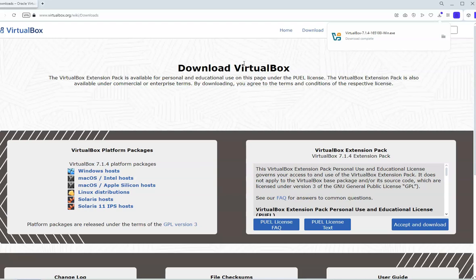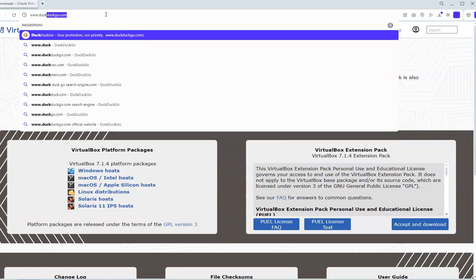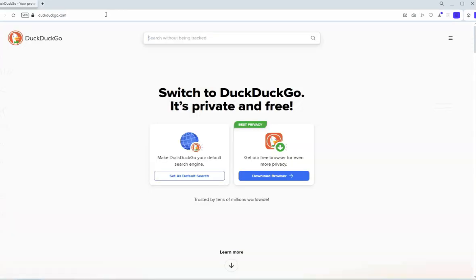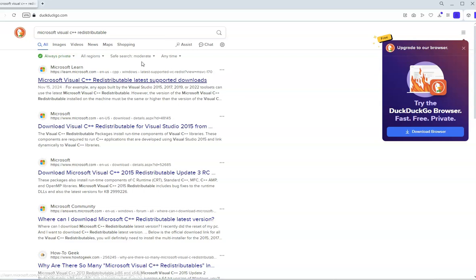Now, if you have an issue where it says it needs the C++ redistributable in order to be able to install, then we'll need to do something slightly different. Let's see. Okay, Microsoft. C++ redistributable. Okay, and if you go to, I think this is the right place,